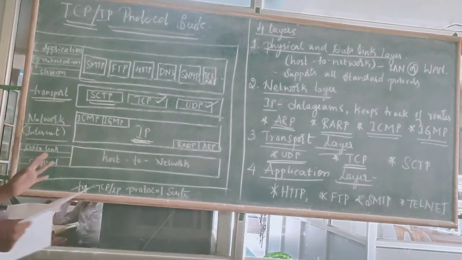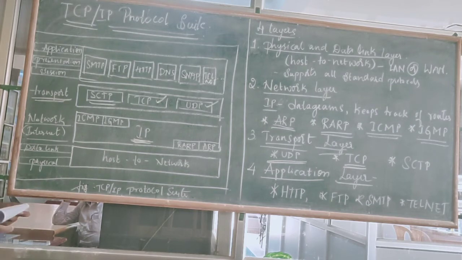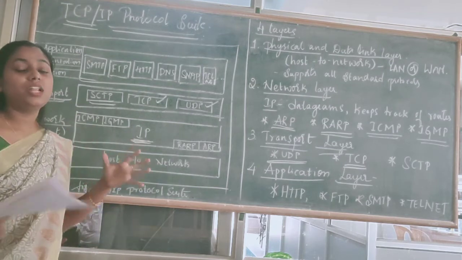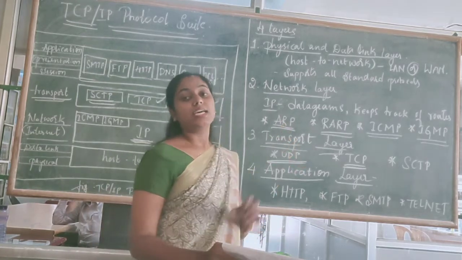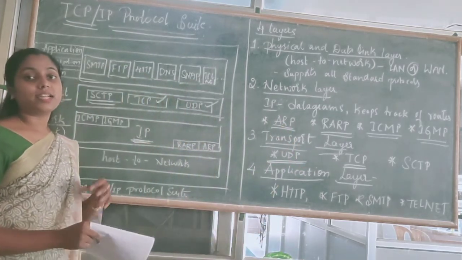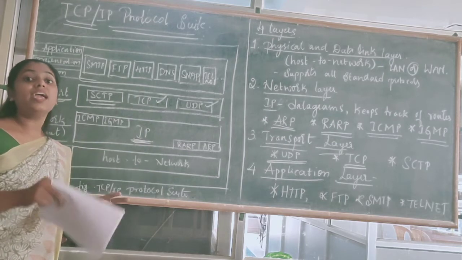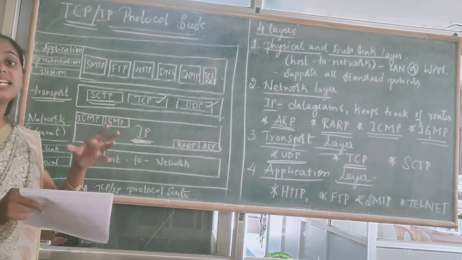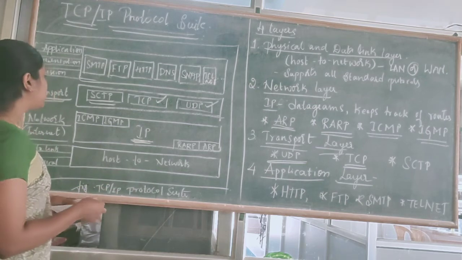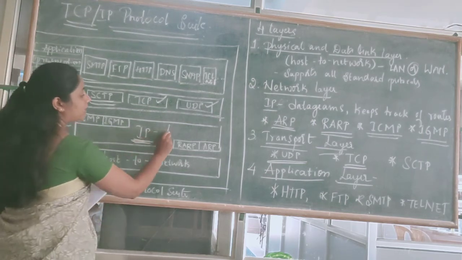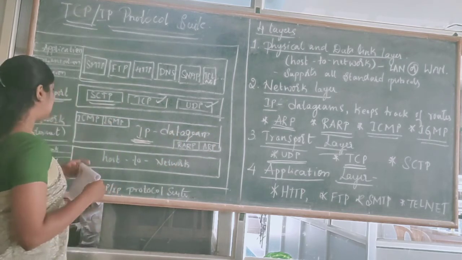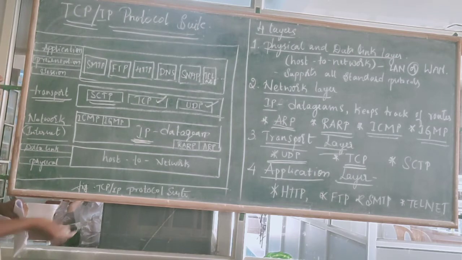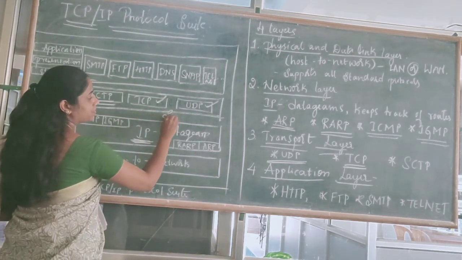What happens is, at the sender's side and the receiver's side, imagine there will be two devices, one is the sender and one is the receiver. On the sender side, the data will be cut into pieces and made into segments. In IP, the data was in the form of datagrams. In this transport layer, the data is in the form of segments.